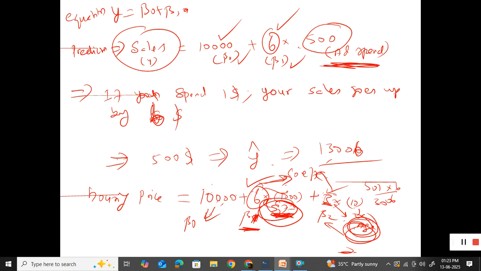Is this clear? As of now, how many of you are clear? So in the case of multiple linear regression, we are going to use more than one independent variable. With the combination of more than one independent variable, we are going to estimate the housing price. But remember one thing very clearly: whatever input features you are going to use, here I will write this point very clearly.